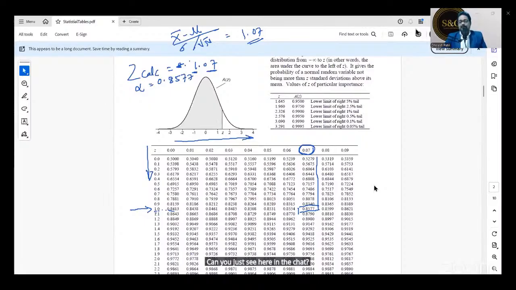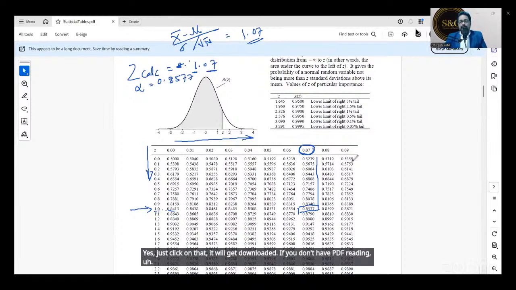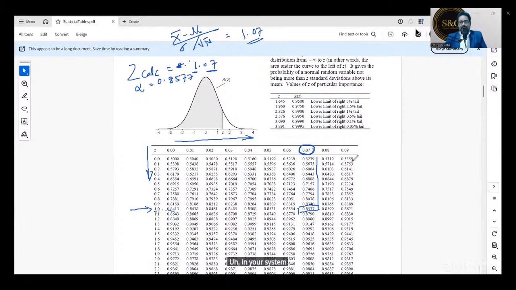Just type yes in the chat box if you have it. Just click on that. It will get downloaded. If you don't have a PDF reading app in your system, it will not open. Okay. Let's move ahead. Are you clear?